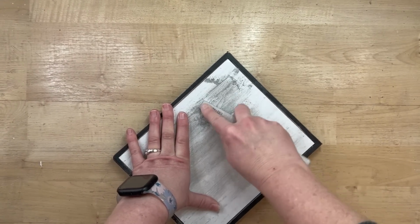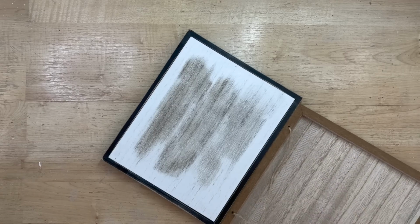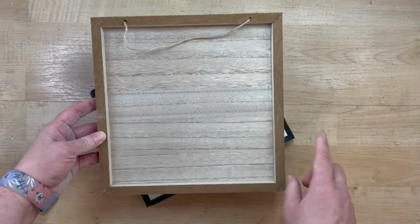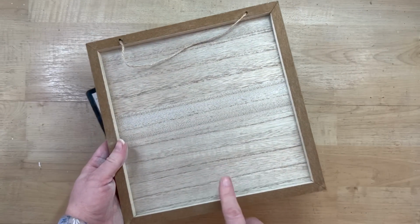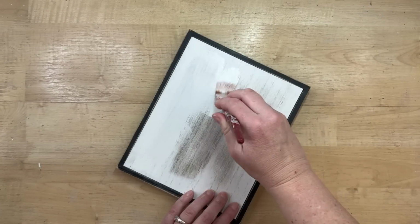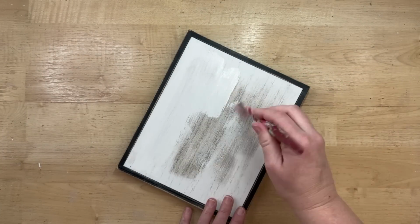And so I'm just using a fingernail file. I love using a fingernail file in my crafting to sand. I can manipulate it really well. I just really love using those. So I sand off all of the words. Now I'm showing you there, this is from Dollar Tree right here, and you could definitely use this. I have something else in mind for it, or else I probably would have used that. So if you see those at Dollar Tree, pick them up,